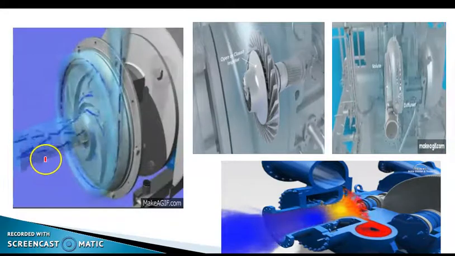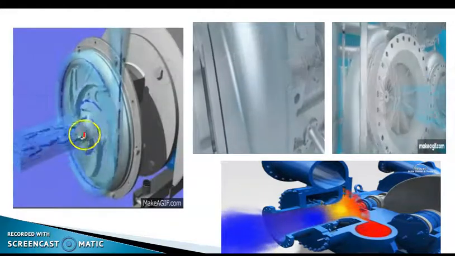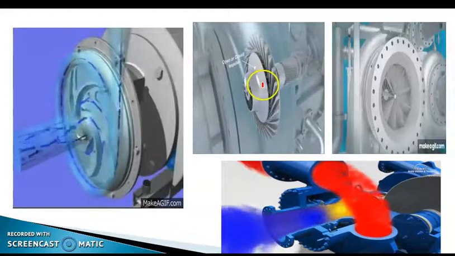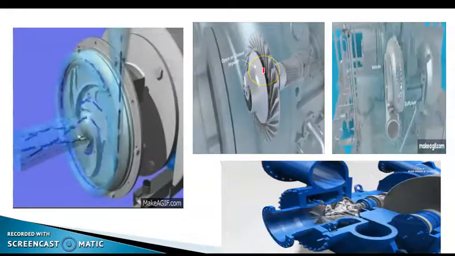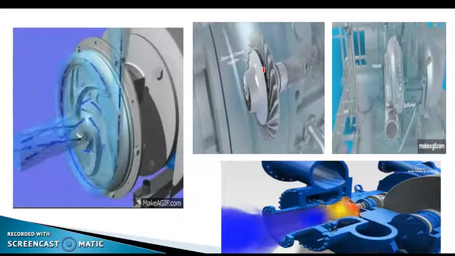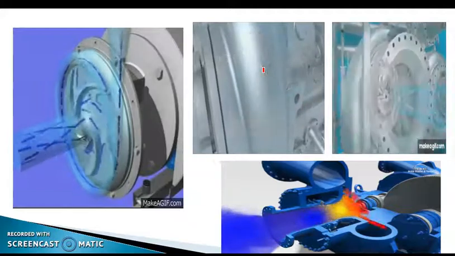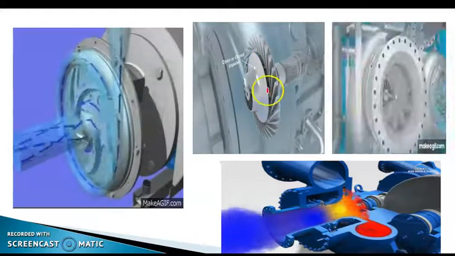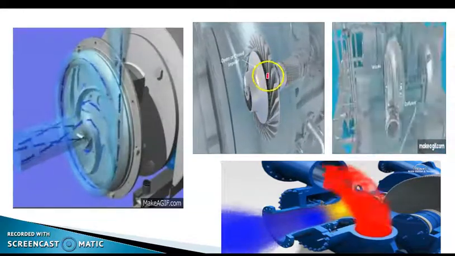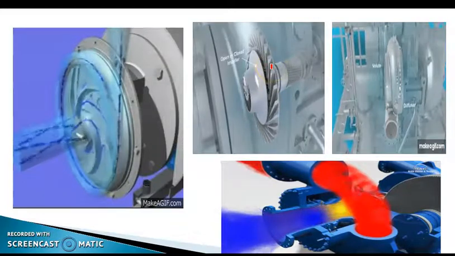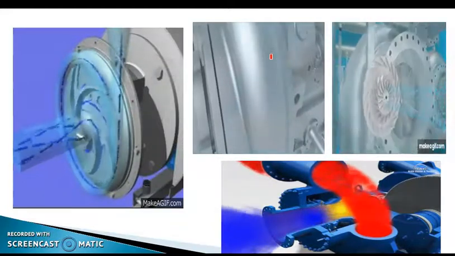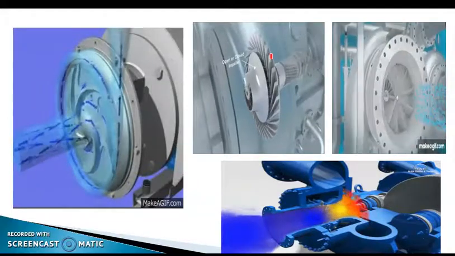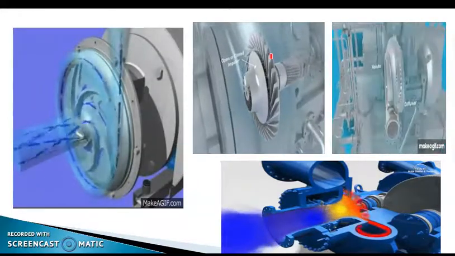Here I am showing you the animation video. Now you observe this is axially coming in and radially going out. In this video you observe the impeller is rotated. As the impeller rotates, the kinetic energy of the refrigerant increases. Then in the diffuser, the stationary vanes convert the kinetic energy to the pressure energy. After that, it passes to the volute casing, where the rest of the kinetic energy is converted to the pressure energy.